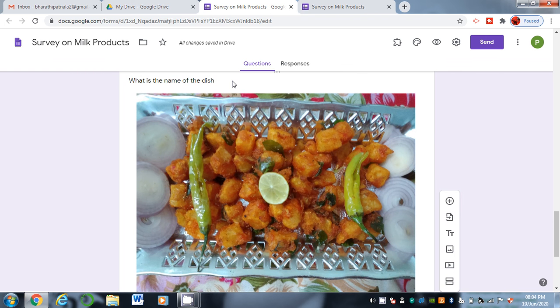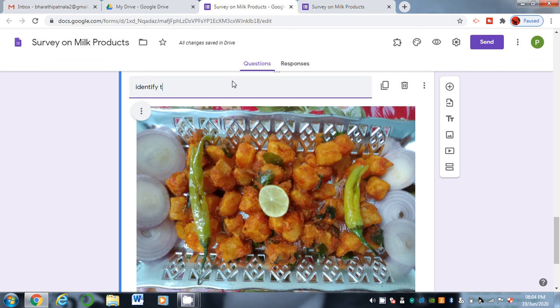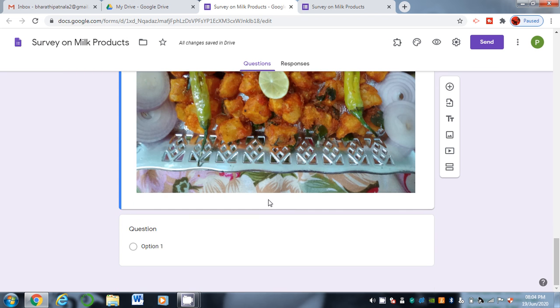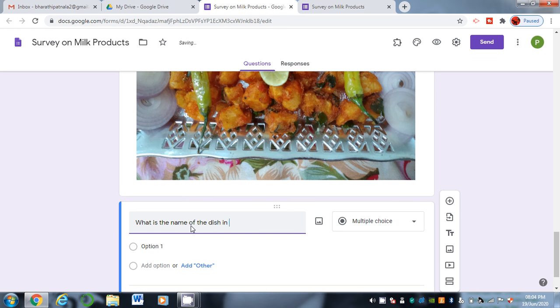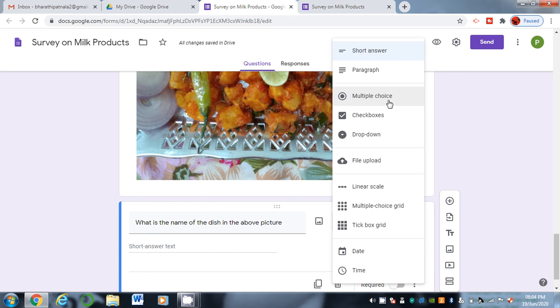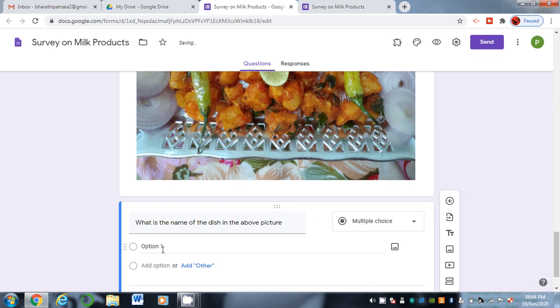You can write here, identify the name, and ask the question by viewing this image: what is the name of the dish in the above picture? You can take multiple choice from the user: aloo 65 or chicken 65, or none of the above.